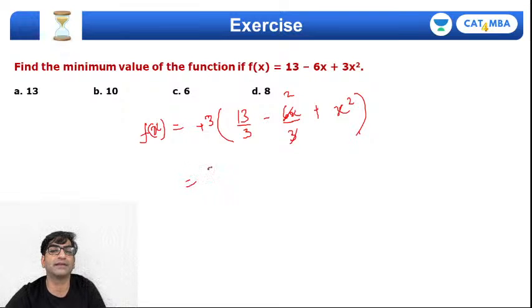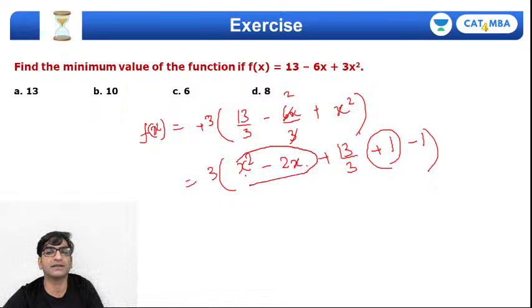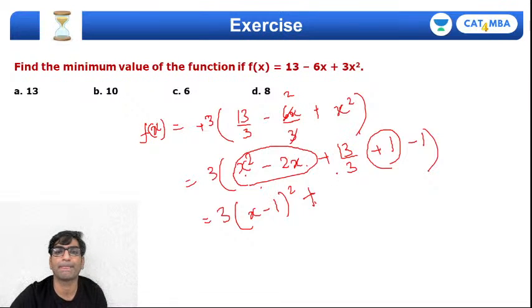So what am I getting? I'm getting 3 times x square minus 2x plus 13 by 3। तो a स्क्वायर माइनस 2ab में इसके अलावा +1 और -1 भी डाल देते हैं, तो ये +1 जो है इन दोनों के साथ कंबाइन कर जाएगा, ये तीनों कंबाइन करके बनाएंगे 3 times (x minus 1) the whole square। और फिर इसके बाद एक जो टर्म बचा है, उसके अलावा बचा होगा -13/3।